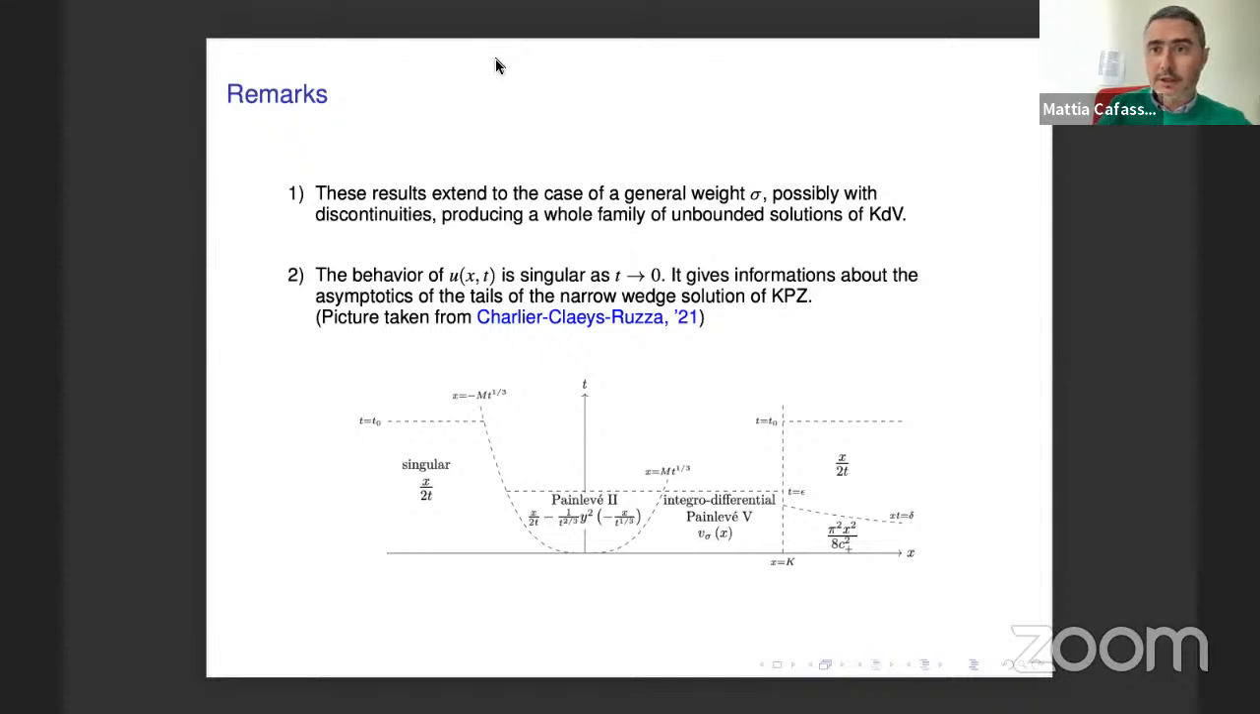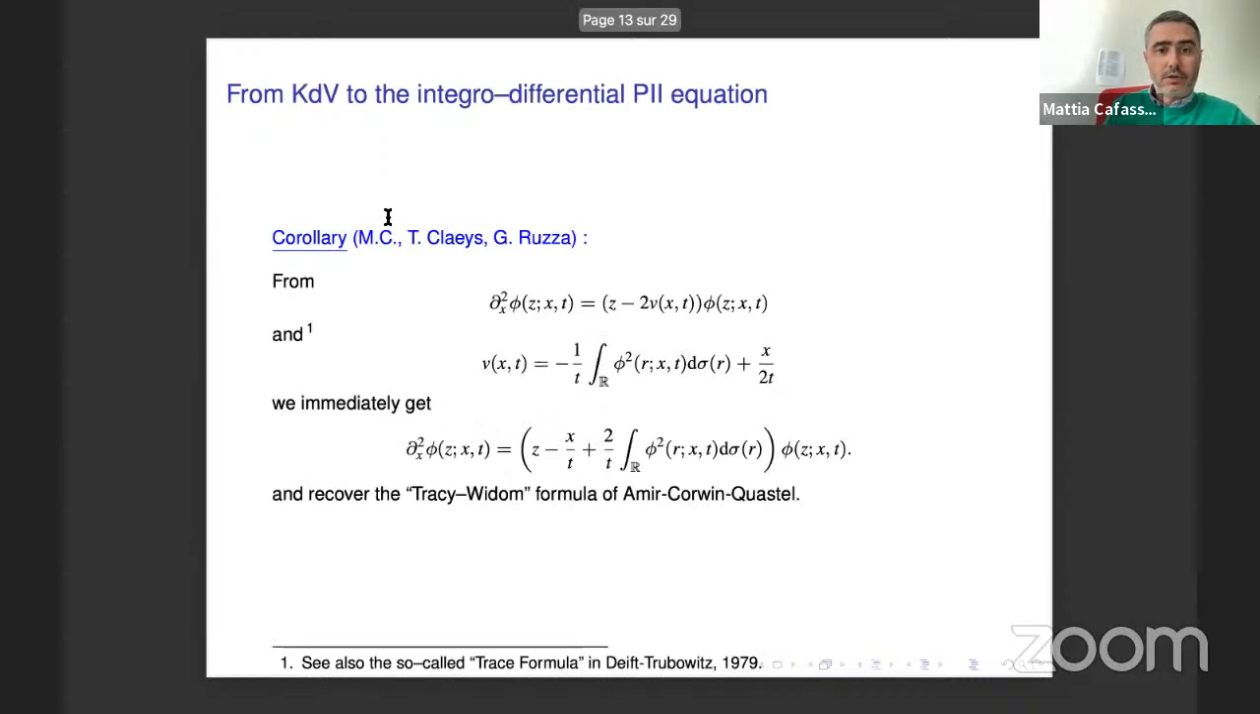Okay, and also what is interesting is that we have an explicit Riemann-Hilbert problem describing this solution of KdV, and this means that you can do nonlinear steepest descent on this Riemann-Hilbert problem, and you can study the behavior of this solution u(x,t) around t equal to 0. So if you go back to this expression, you might guess that v is singular at t equal to 0, which is the case, but actually you have